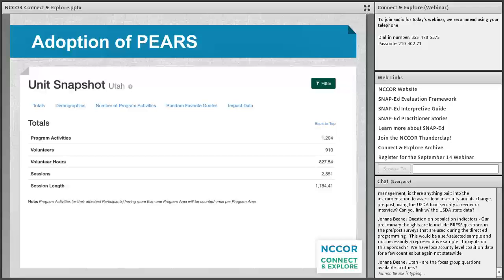So how it works in our state is we adopted it. We completely adopted it. Back in January, we started the training phases of it. Then Kim Garrity, who is our evaluation coordinator, set a date of, I believe, March 14th that we would fully implement PEARS for our direct education. On that day, all of our NEAs had been extensively trained. They've also been city trained, so they all have the IRB training. I also want to mention that they are paraprofessionals,